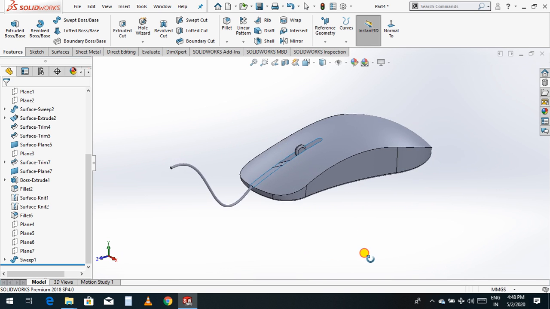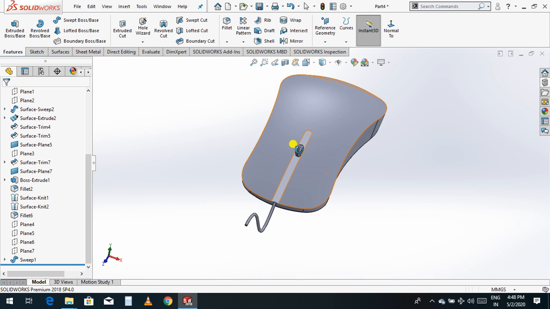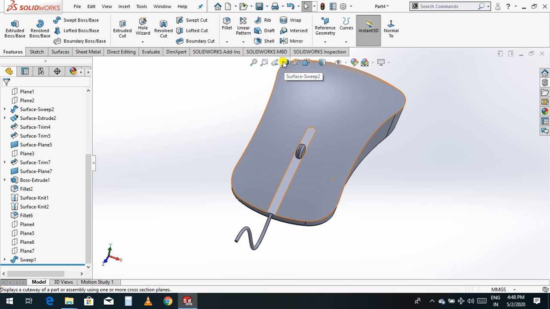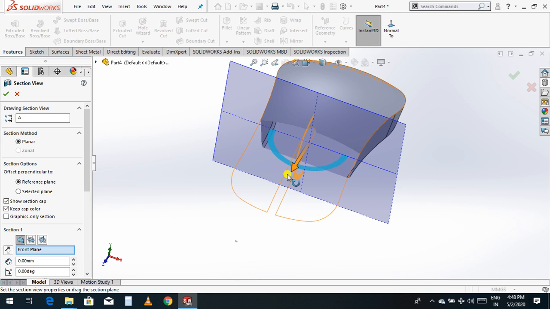You can see inside, you can just go to section view and choose this one.